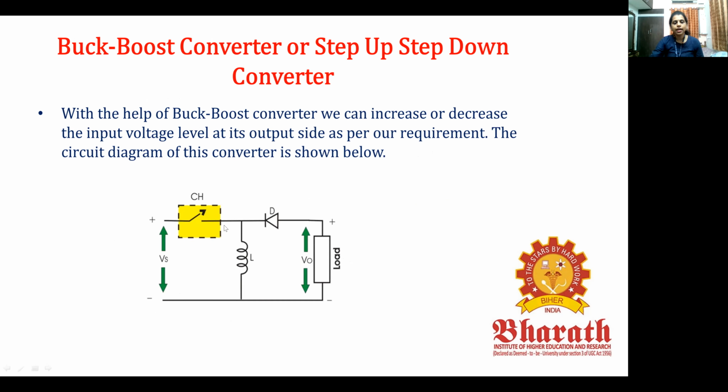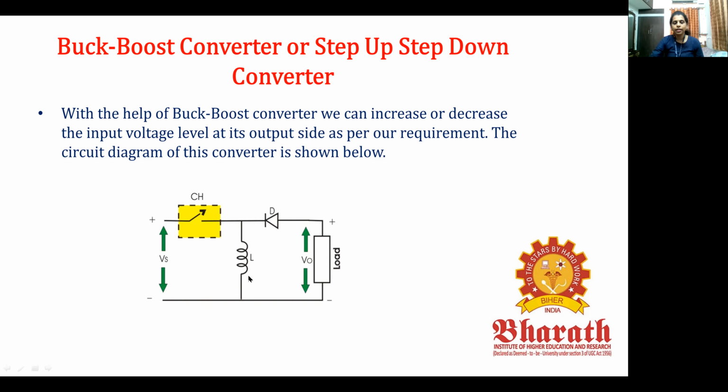So when it gets charged, it will be charged in plus minus. The top will be plus and the bottom will be minus. When it is discharging, it will reverse the polarity. The bottom side will be plus and the top side will be minus. So from this plus, it will take a path through this diode and the current will be flowing through the load. So that is the condition.